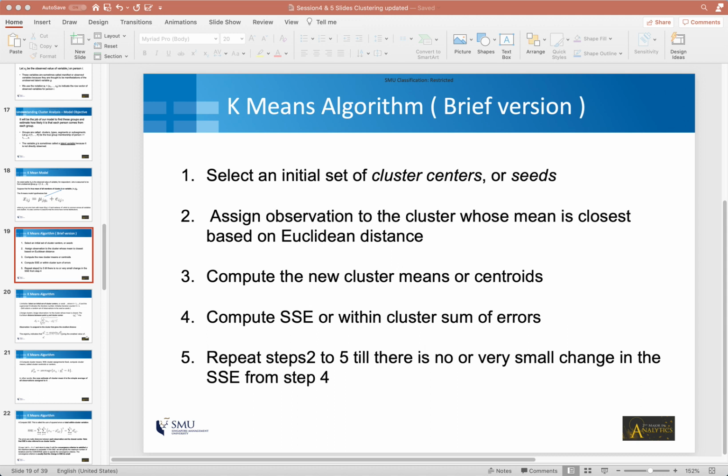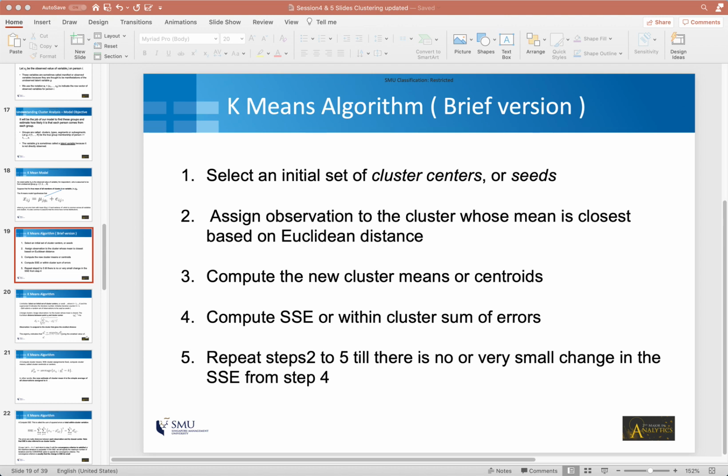So that is why we took a look at SSE, because earlier on we were saying that the solution will stop iterating when the clusters have become stable. That is a very layman's manner of stating this. In mathematical construct, what we said is that the SSE will not change from one iteration to the other, and that is when the algorithm is said to have converged.